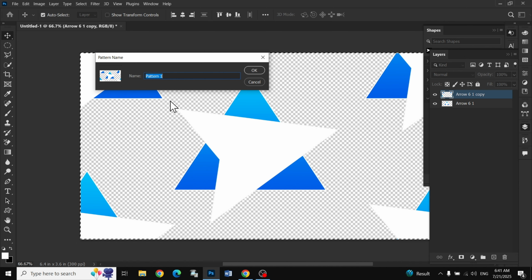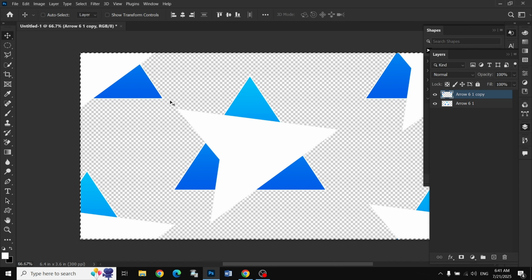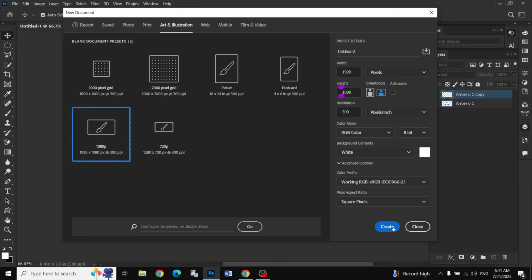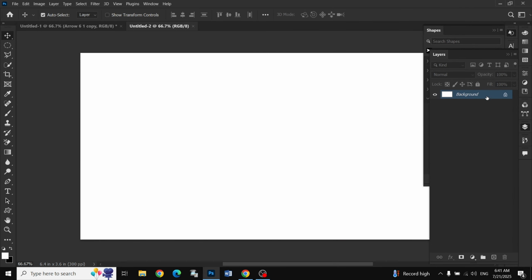Then set here triangle. OK. Then after File, New tab, and create again a new. And choose this and create option. And just duplicate this background layer, and then after